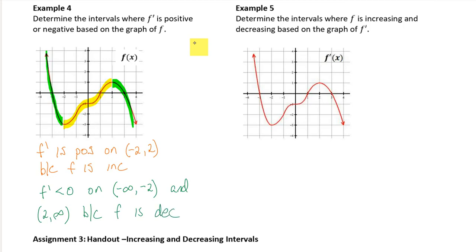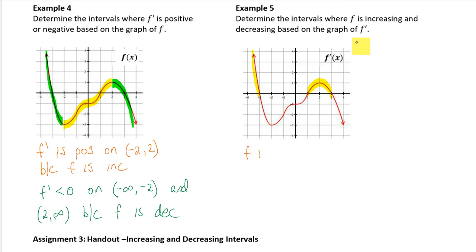But then you look at the next graph on the right, it's the same exact graph, but now they're saying, look, determine the intervals where f is increasing and decreasing based on the graph of f prime. So what they've done is they've taken the graph and they've switched it from f to f prime. So now I'm looking at f prime. So take a look at this interval right here and this interval right there. That's the graph of f prime, so f prime is positive right there. So I can say that